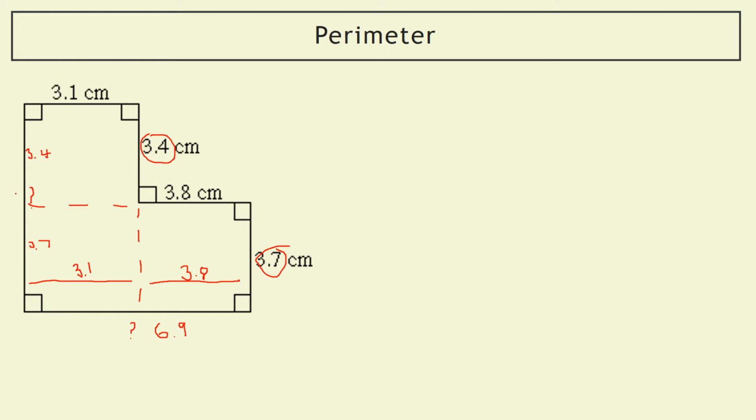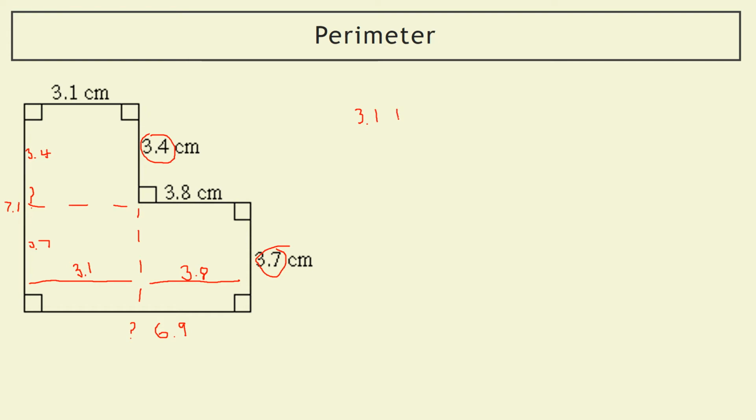So I've got 3.4 and a 3.7. If I add them together, I get 7.1. And once I've filled that in, I now can just go and add all the numbers up all the way around the outside. I'm not going to do that just now, but all you just do is